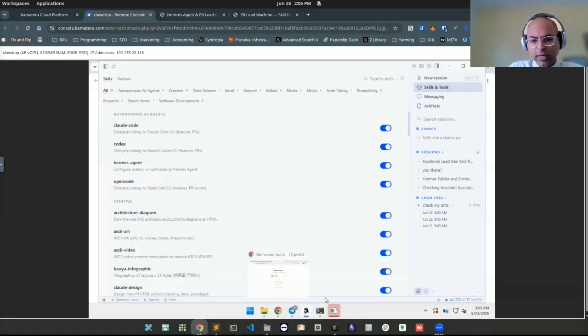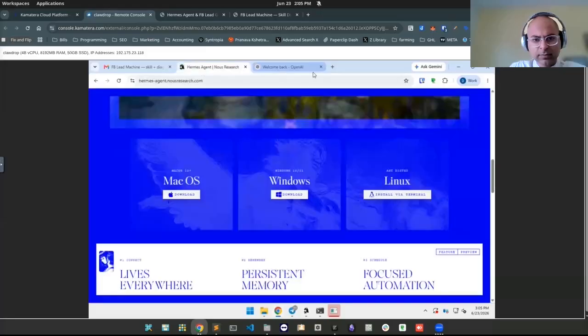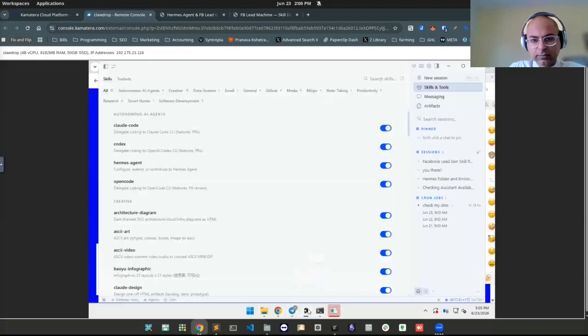Let me go over connecting the tools we need to set up the lead gen. So the three tools that we want to connect is